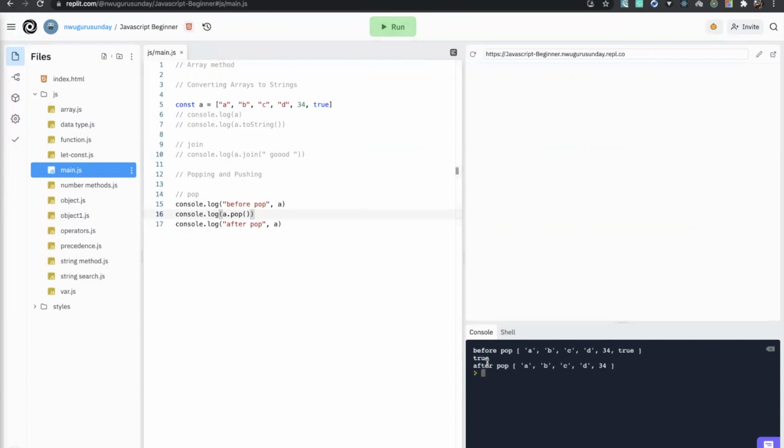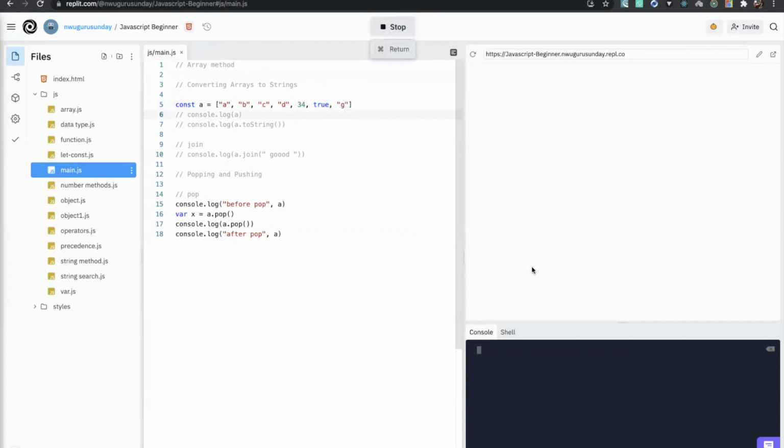So in other words, pop will return the value that is removed. So in case you want to use the value, you can easily assign it to a variable, like var x equals array.pop. So your x will hold the value that was removed. So this true doesn't mean that it's successfully removed. This true is the value that was removed. So for example, if we add more value here and I say G, and we run this code again,